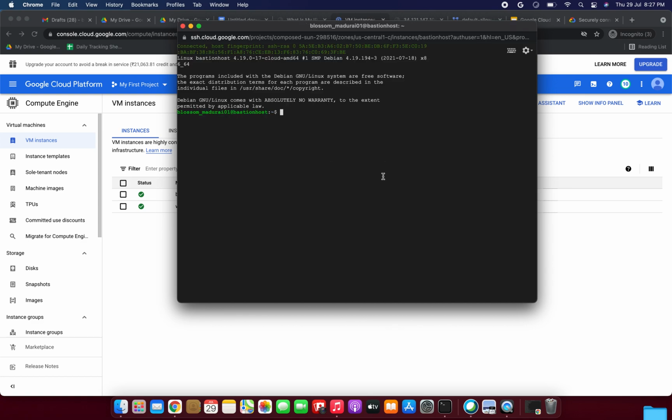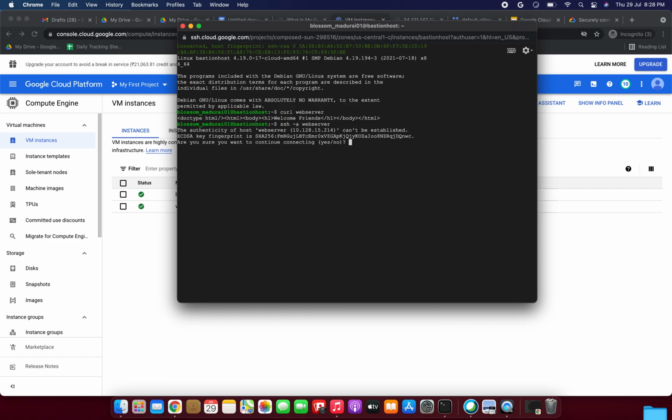Then we are going to verify the HTTP access to the web server. Just run this command, curl, then we need to give our instance name, web server. So you can see, friends, it is coming right now. We can access it, and we are going to SSH into that web server from this instance, from the Bastion host. Web server, correct. So the spelling we need to give correctly. SSH web server. So our web server is accessible from the Bastion host also.